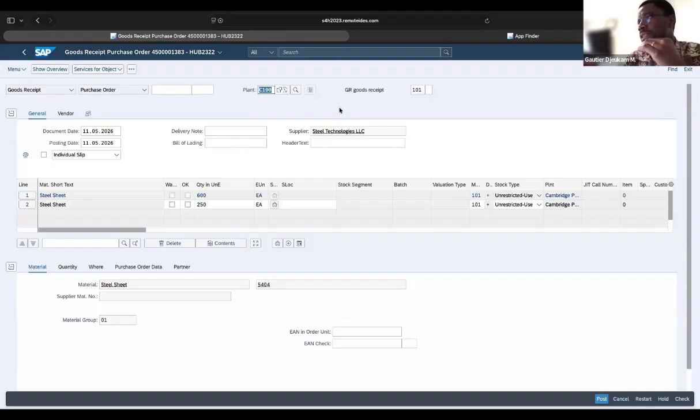Okay, so we make sure that your goods receipt type is 101. That's perfect. We confirm with our field team that they received 600 units for the first line and 250 units